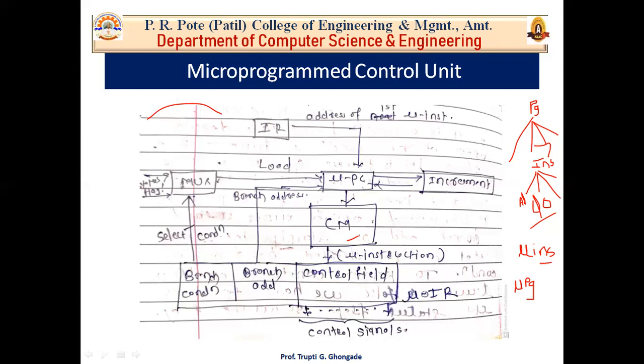Okay. So now let's discuss the typical microprogram control unit. So now we will see a modern implementation of the microprogram control unit. So from this CM, that is control memory, we will be fetching micro instructions and producing control signals. Now the program is stored in a memory. When an instruction is fetched, it comes into the IR.